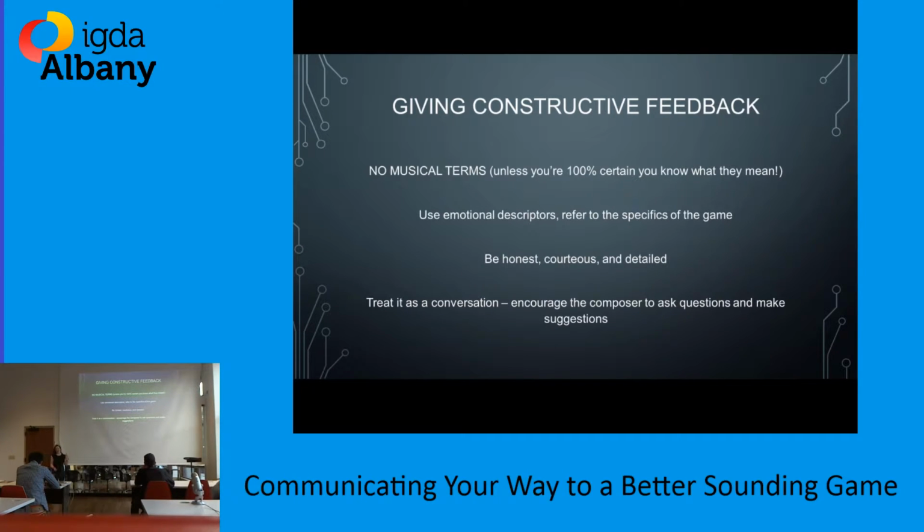I don't like the way it gets faster at the end. I don't like the way it sounds really sad in the beginning, or it's too dark, or it's too red. But try to be a little more descriptive than that. Treat it like a conversation. Don't just give your feedback and walk away. Give the composer a chance to ask you what you need about this. Maybe make some suggestions, like, well, what if I took the oboe out and put some percussion in instead to give it more of a drive, or something like that.